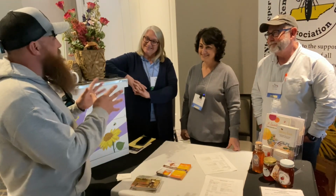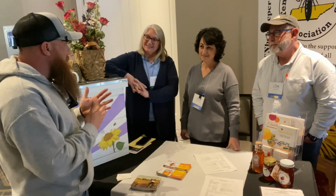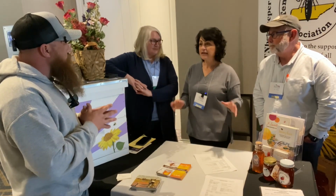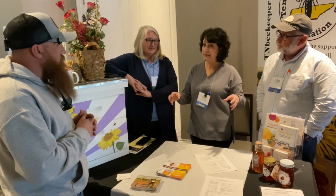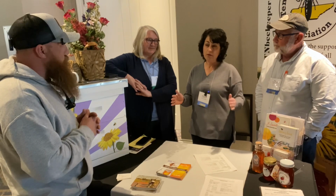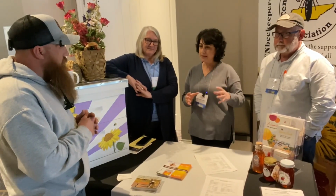So the short course that they put on, is it a total of all 8 classes, or is each class an individual class? It is an 8-hour course, so we've kind of condensed it to get it all in today for these people who are here, who are going to implement beekeeping in their farms, add it to what they're doing. Sure. So we've condensed it. It's an 8-hour course, and it walks you through kind of a starter beginning to end, you know, the basics,